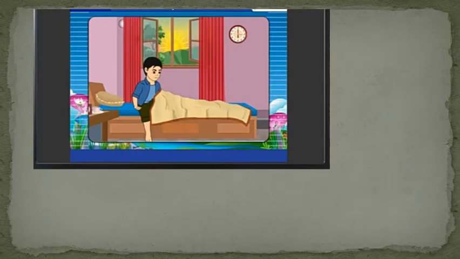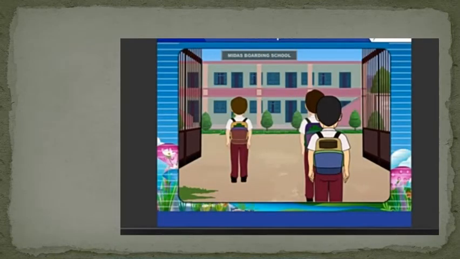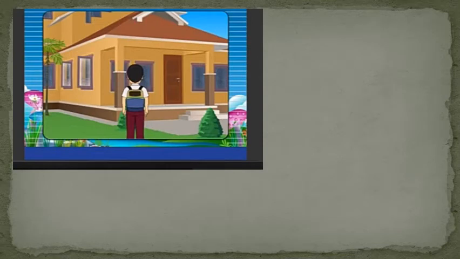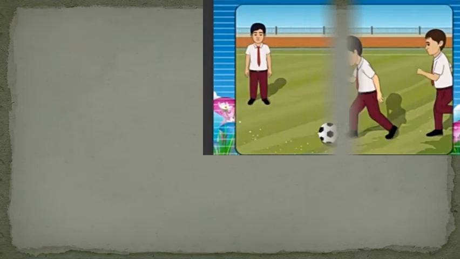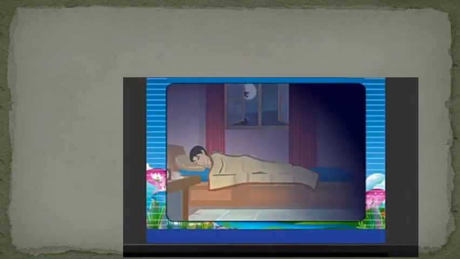We do different activities in our daily life. You wake up early in the morning, then you take your breakfast, then you go to school. After attending your classes, you come back to your home. In the evening, you do your homework and play with your friends. Then you take your dinner with your family and go to bed at night. Don't you? We all do our daily activities on time and in order.